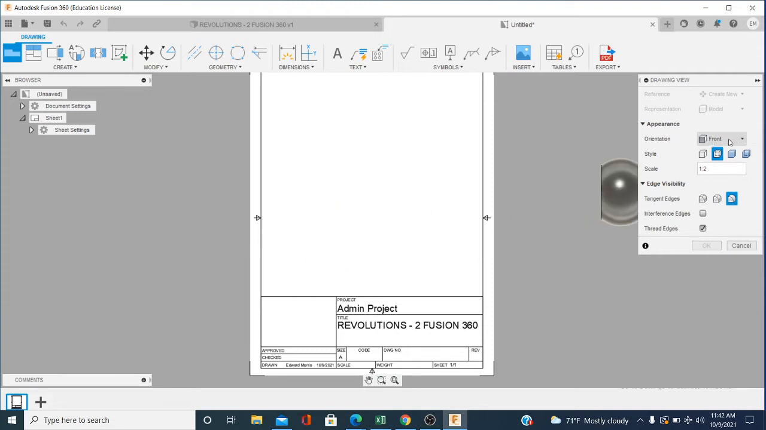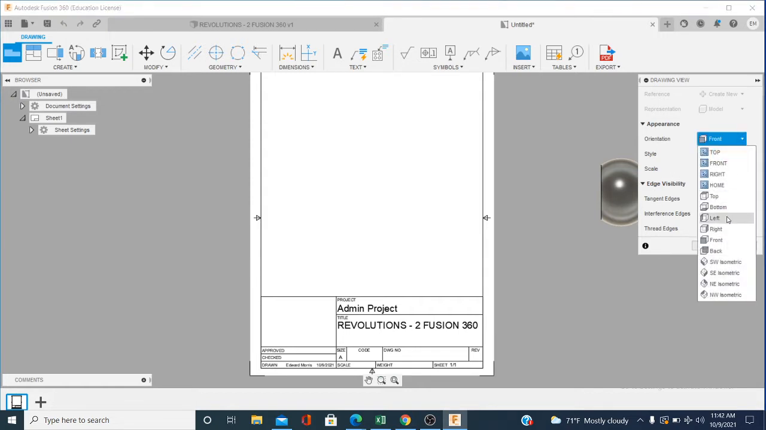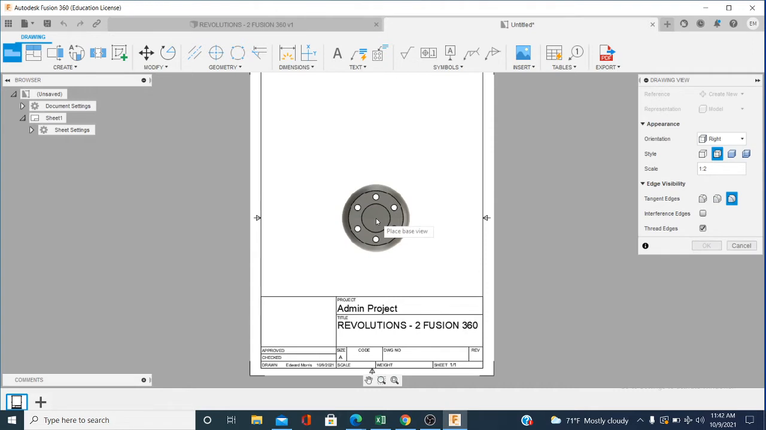So it's saying it's the front, but I'm going to select the right side to be my front. See what I did? I just changed the orientation to right. And we want to make sure we see hidden lines. Okay. And I'm going to click